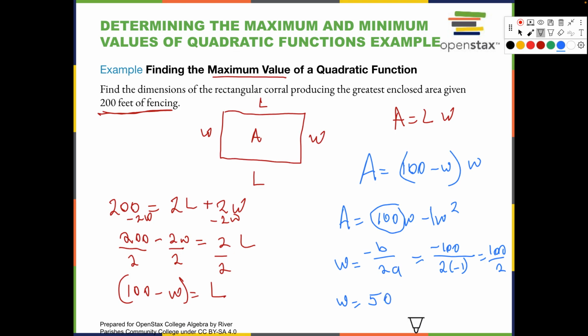What's stopping you from just saying the width is 50 and the length is 25 and calling it a day, splitting that up in your head? You wouldn't necessarily know that that's the maximum, though. You could get various ones that would give you 200 feet, but to figure out that it's actually the maximum, we need to make sure that we're getting the vertex of the parabola. So then we know that this is 50. So it's a square. Squares are rectangles. And you'll see this, that when you want to maximize area for a rectangle, a square will